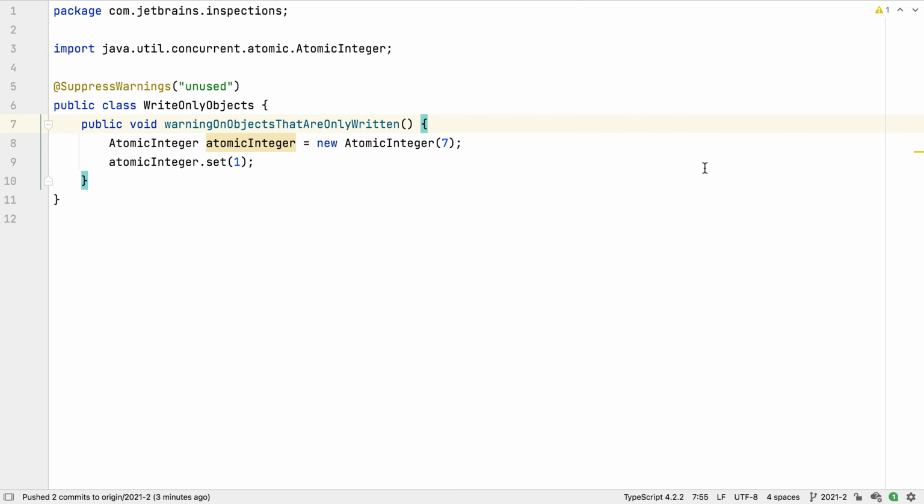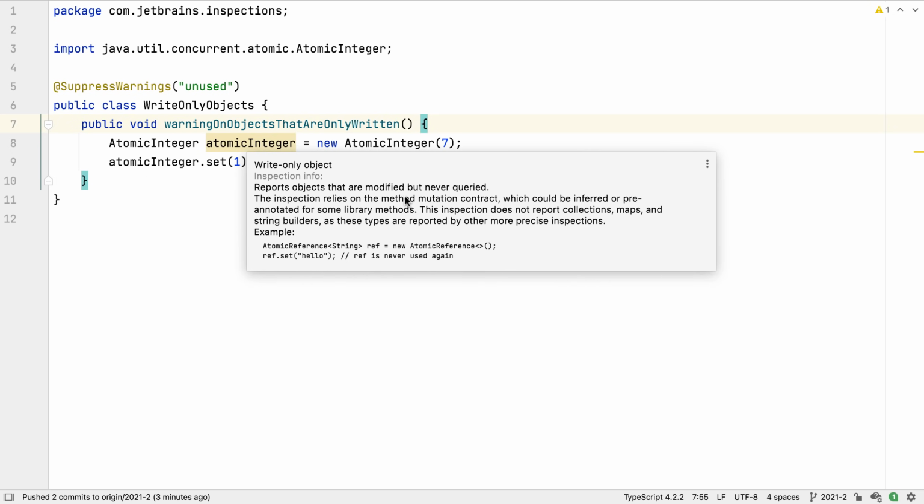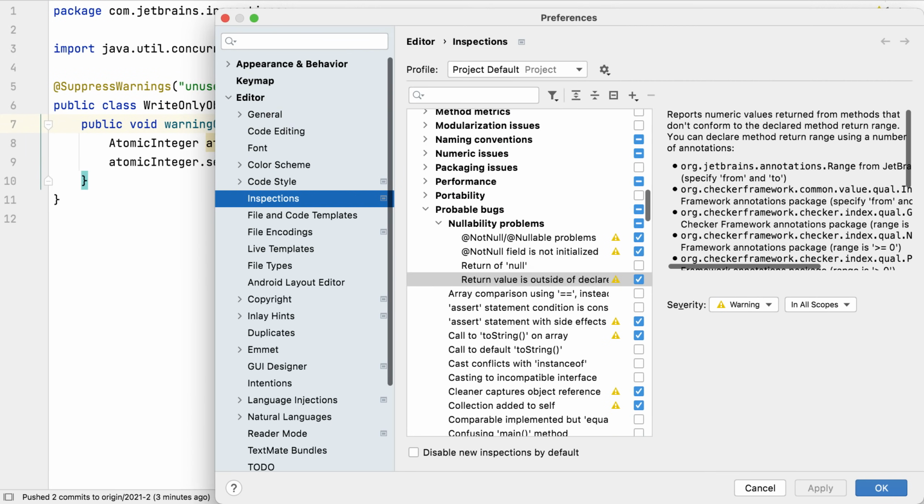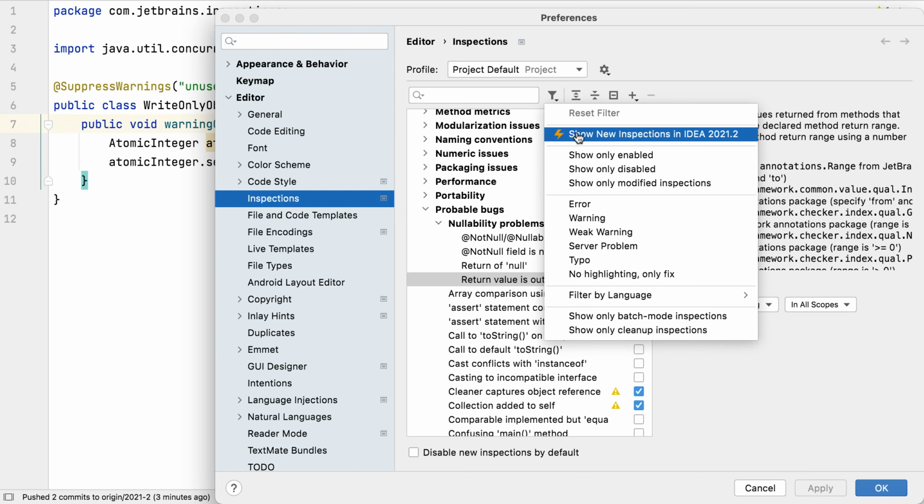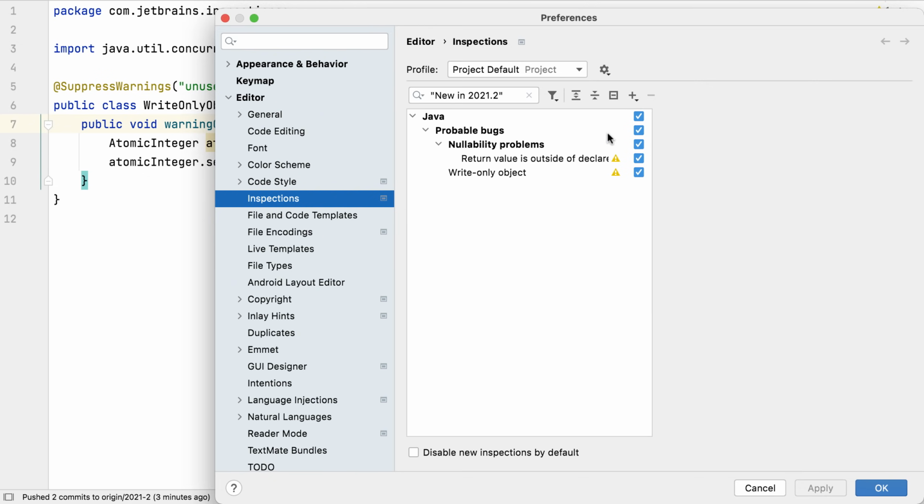As usual, this latest version of IntelliJ IDEA has new and updated inspections. For example, there's a new inspection to show when we use a particular object as a write-only object and never query it. We can always see new inspections for IntelliJ IDEA by clicking on the filter and selecting Show New